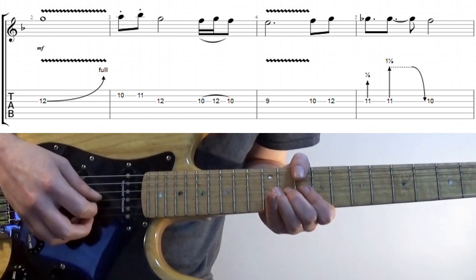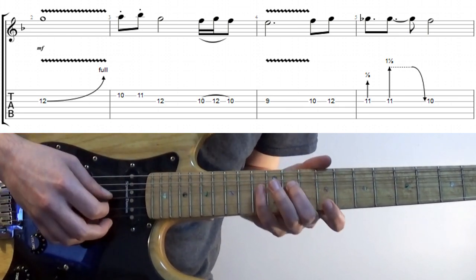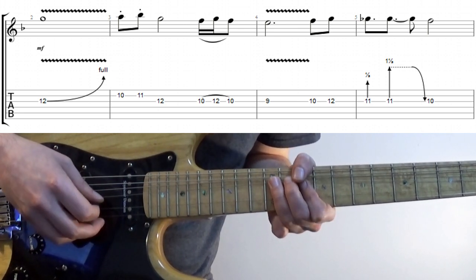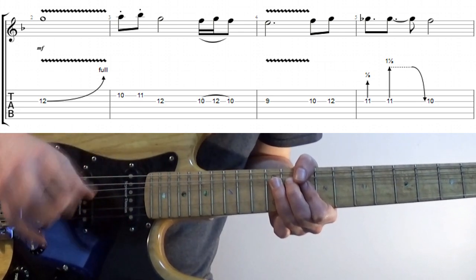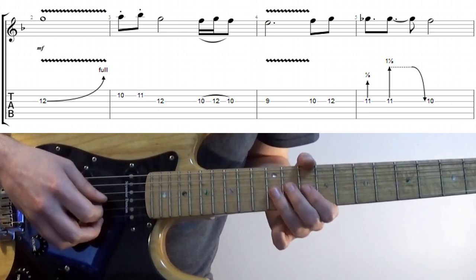But if we just put our finger down, this note is quite plainly out of key, so I'm fairly sure Uli doesn't use his little finger here. But instead what he might do is put his ring finger down, but with a little extra pre-bend, just to bend the note a bit higher into pitch. I've never come across this exact technique before, to the best of my knowledge, so was really happy when I happened across it here. Having said that, he might just be doing a compound bend,